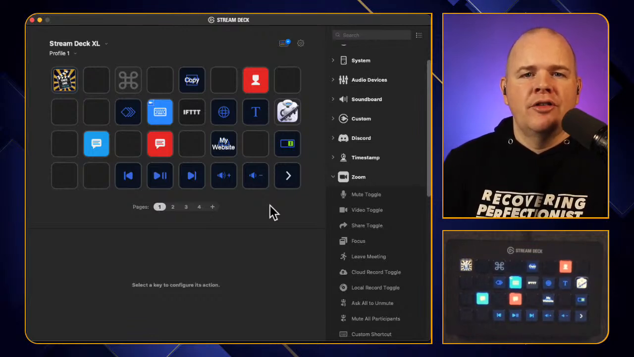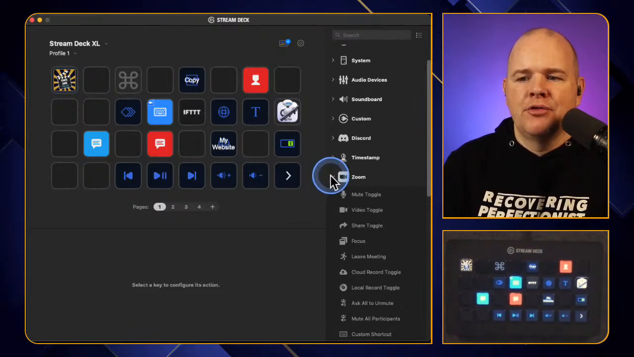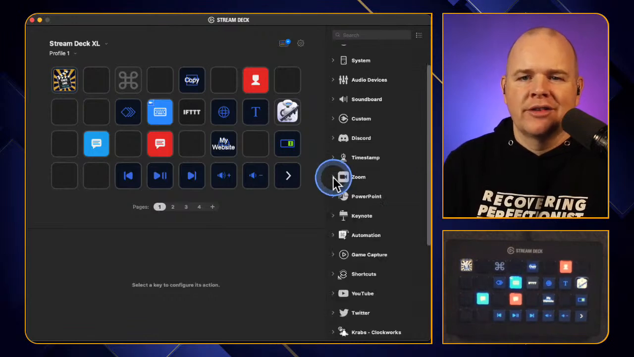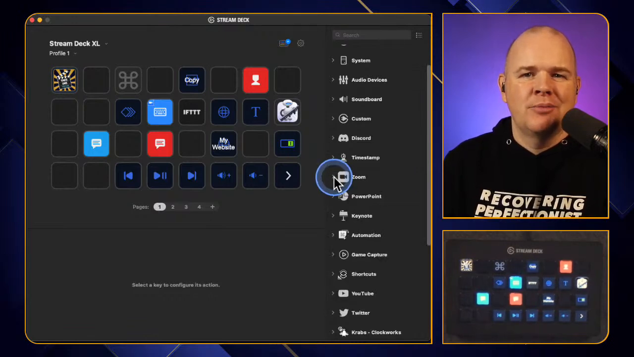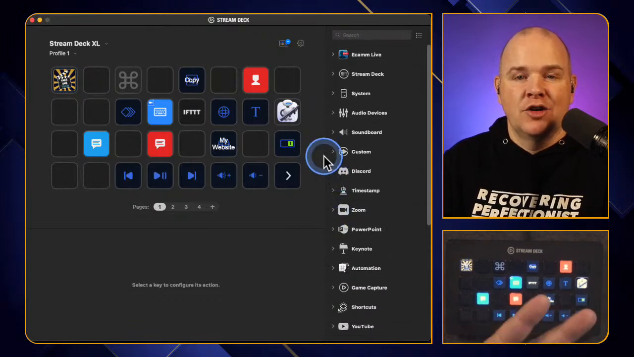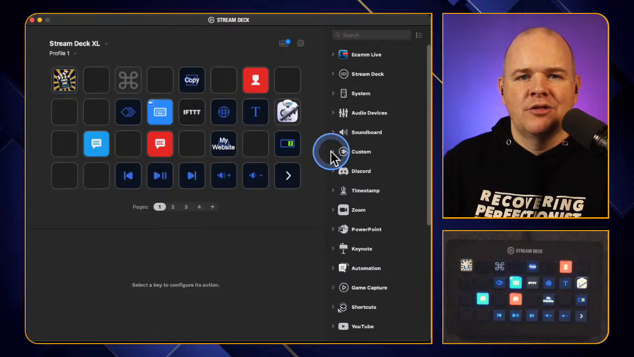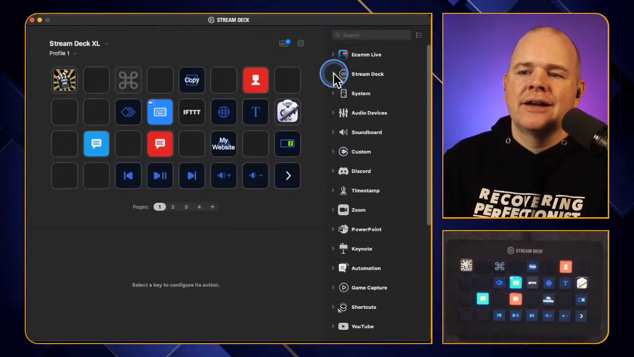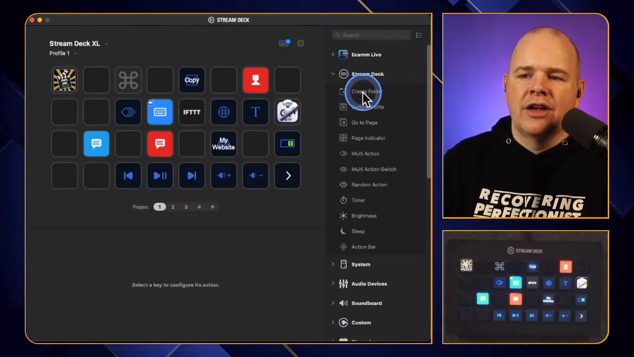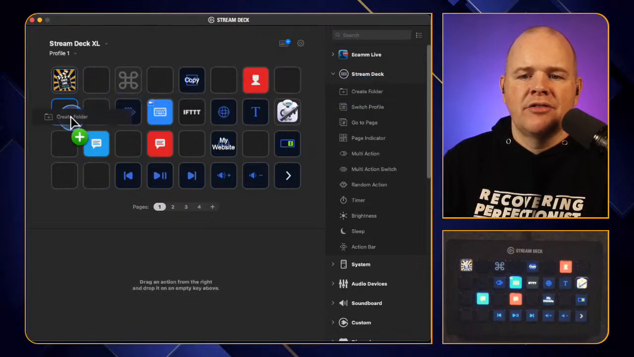But one other thing that we've got on here is folders. Now, I'm going to tell you about folders first, because it is usually the way that people first think that they want to organize their Stream Deck, because it's logical. We're used to managing file systems and things like that with folders. So in the Stream Deck, this very top action is create folder. And if I drop that on here,